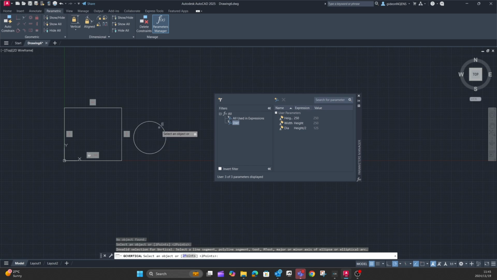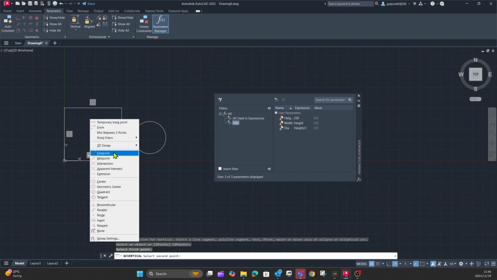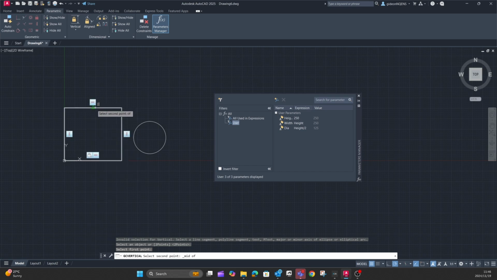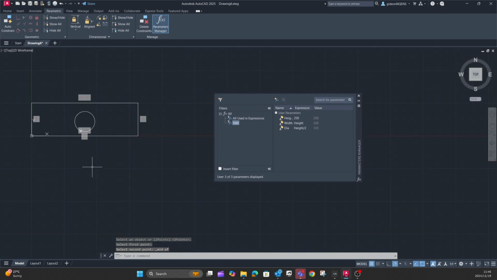Now I can select the object, press enter, and now I can select the first point. I want that point. Now I can select the second point, hold in shift, right click and choose the midpoint of the top line, and you'll notice that it would create it and make it